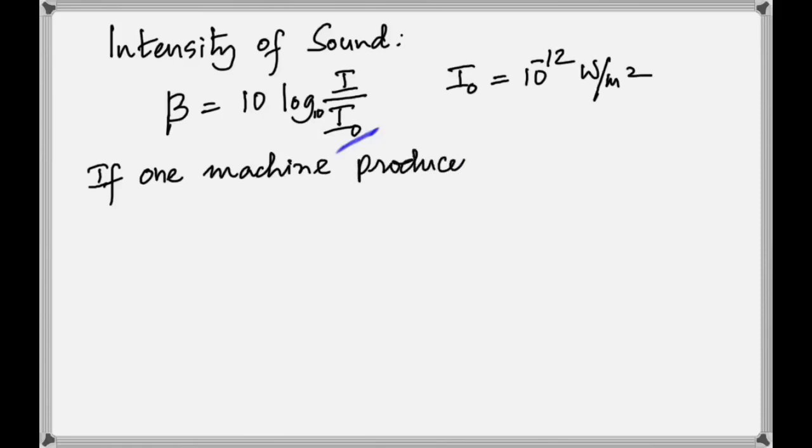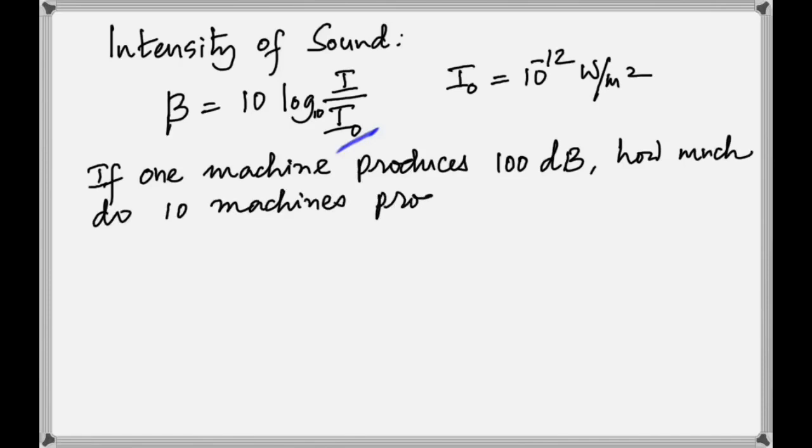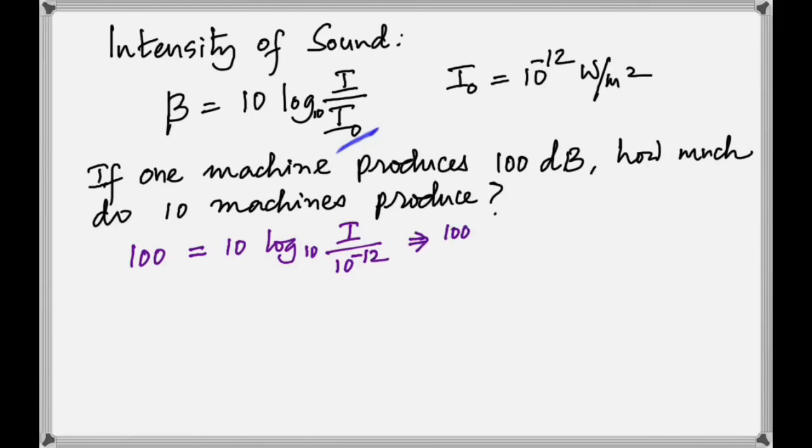And here is an example. If one machine, any kind of machine, produces 100 decibels, how many decibels do 10 machines produce? You have to first change it into watt per meter squared. So using that formula, you will get 100 is 10 log to the base 10 I by 10 to the negative 12. So when you do all the calculations,